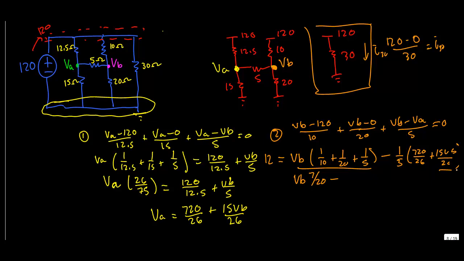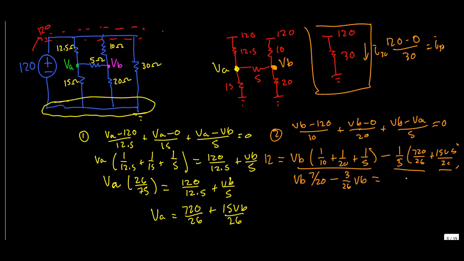So 15 divided by 26 and multiply that by 1/5 is 3/26. So minus 3/26 VB is equal to, and then we'll move this stuff to the right hand side, so 720 divided by